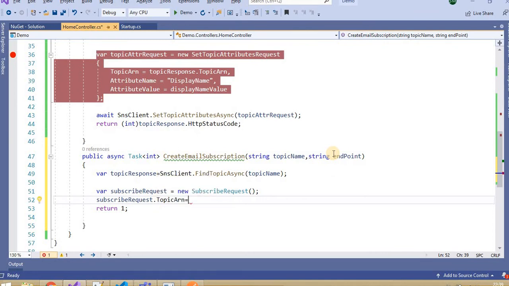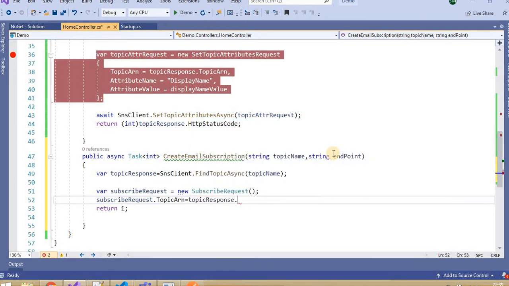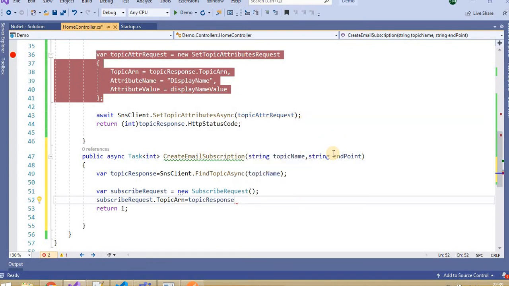So what is the topic ARN? We will get it from the topic response here. So this is the topic ARN.